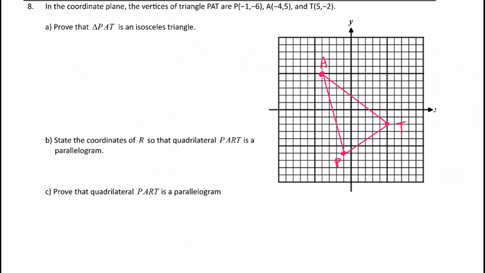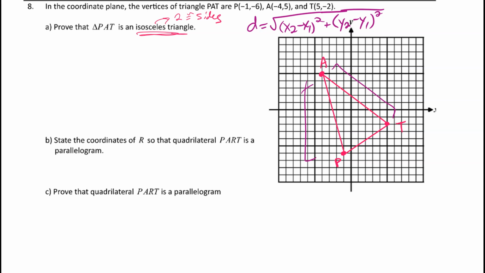Number 8, in the coordinate plane, the vertices of triangle PAT, I plotted there, and I want to prove that PAT is an isosceles triangle. Remember, an isosceles triangle is one that has two congruent sides. So this to me sounds like a task, again, for the distance formula. Again, if you don't remember it, you subtract your x's, square them, you subtract your y's, square them, and that's all under a radical. Now, visually looking at this, it looks like PA and AT are going to be my